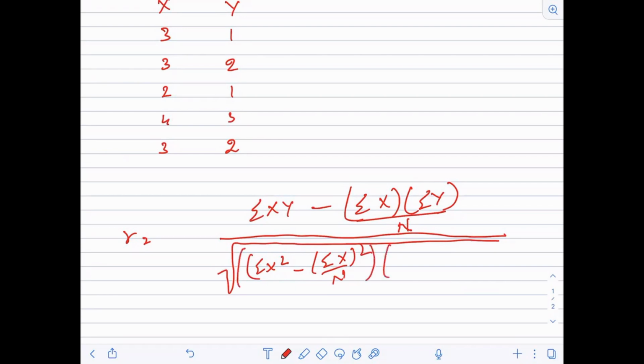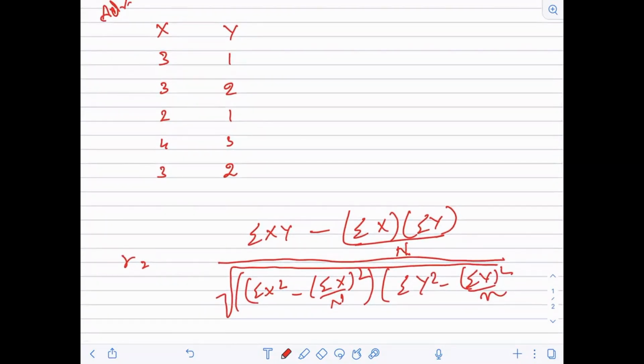Actually, let me put sigma y square minus sigma y whole square divided by n. Okay, now, so what do we need? According to the formula, we will be calculating. For example, first we need sigma x. So sigma x means